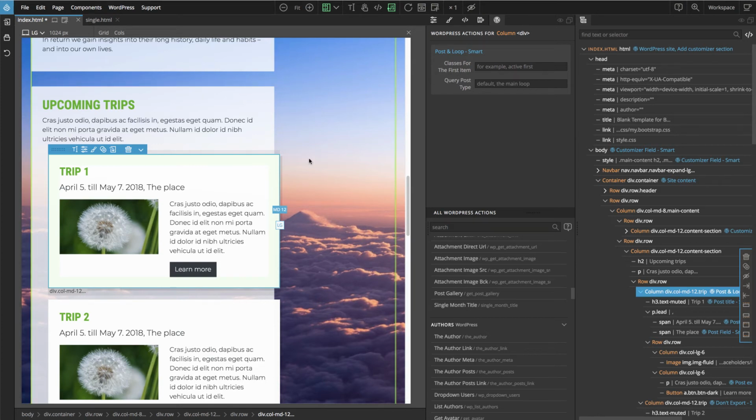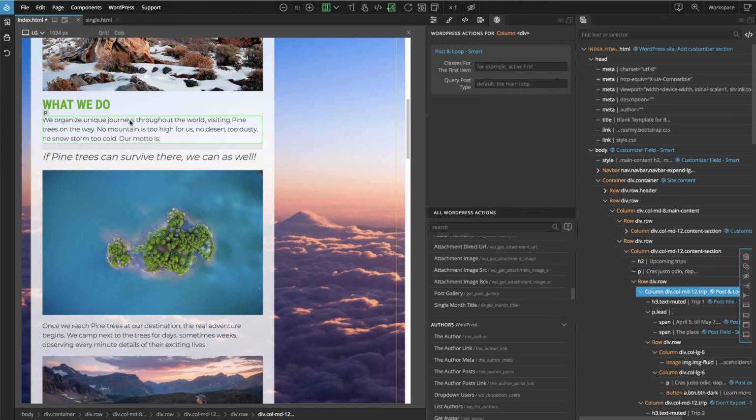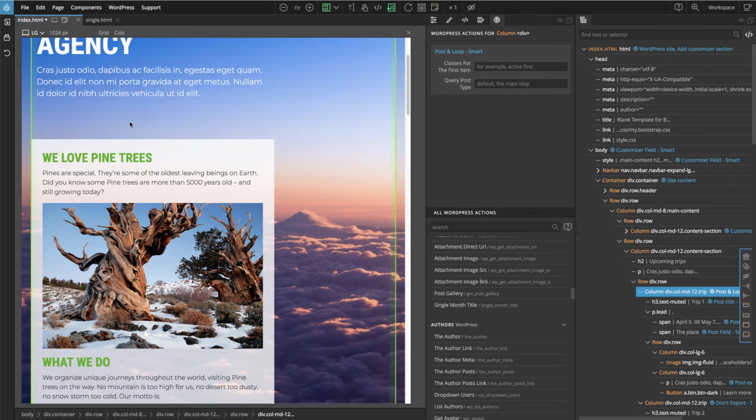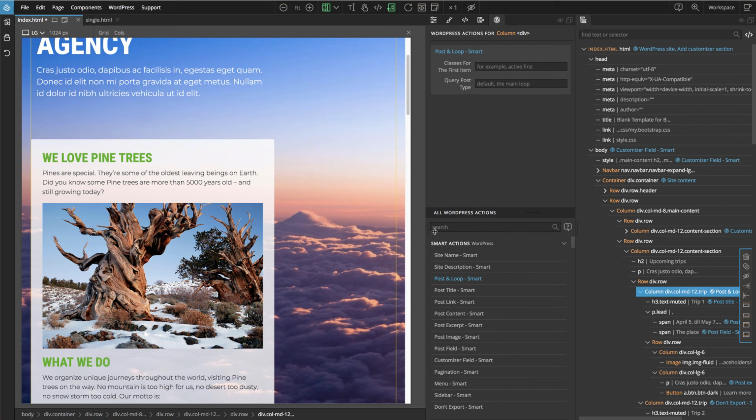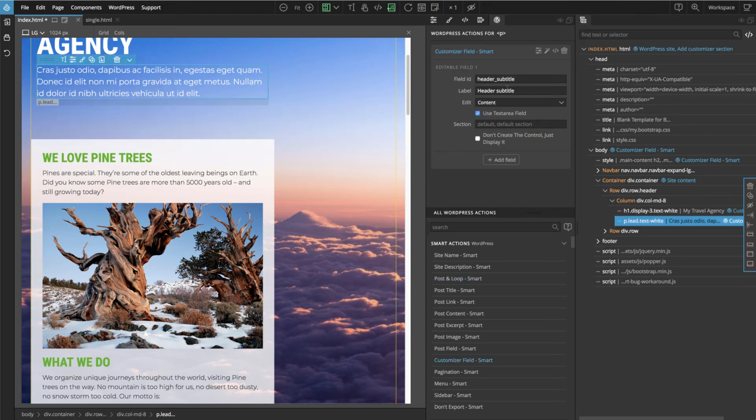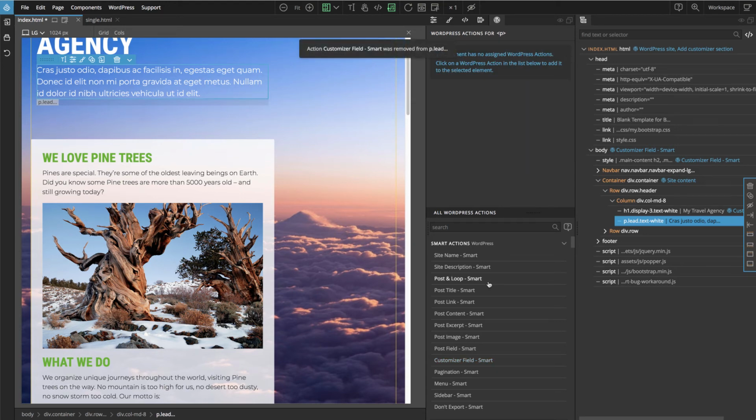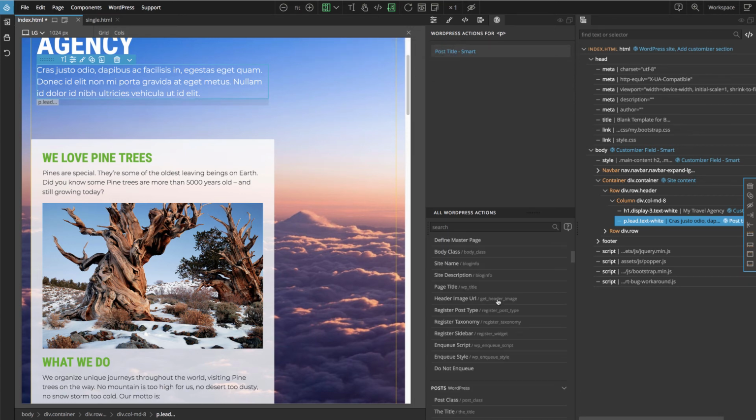And one more practical situation that you can meet, because all smart actions are mapped in the background into regular WordPress actions. And because of that, some smart actions are not compatible with some regular actions. So let me give you an example. So here we have customizer field. Let's do something more simple. We have, for example, post title. And then if we want to add